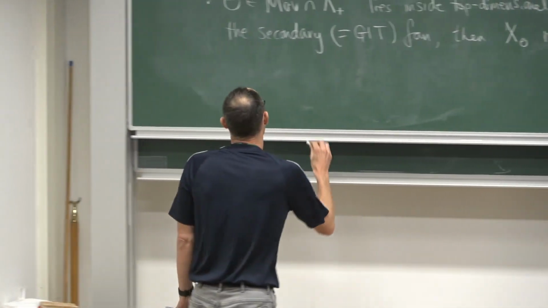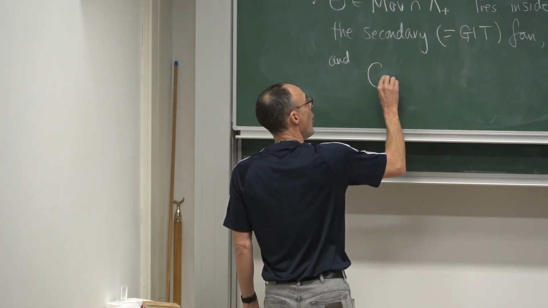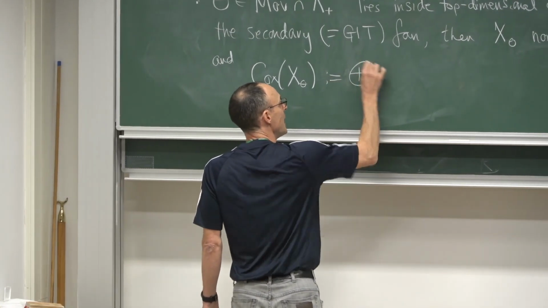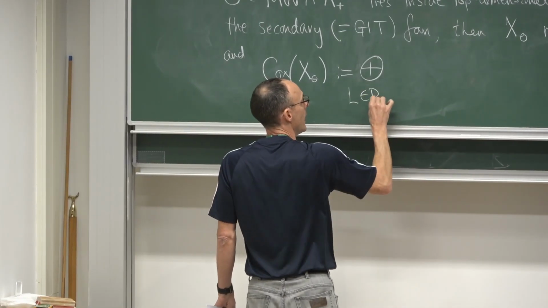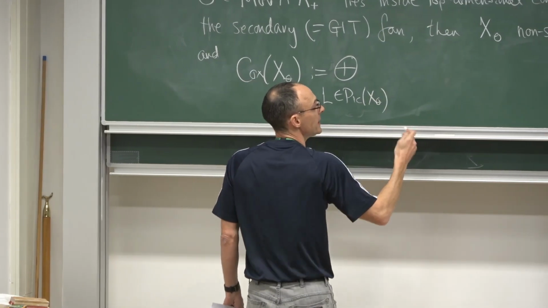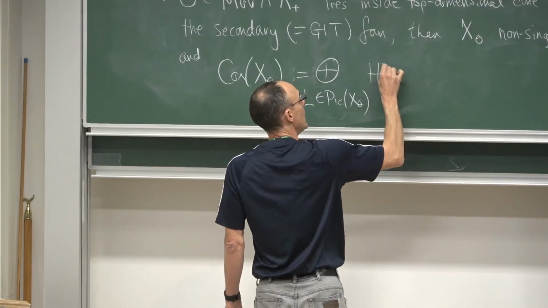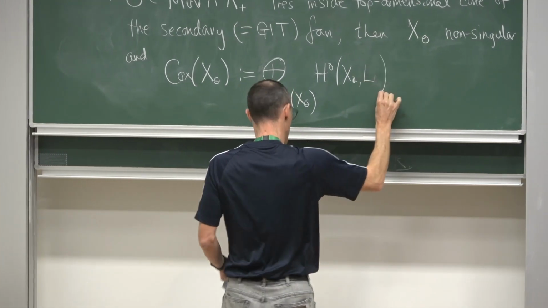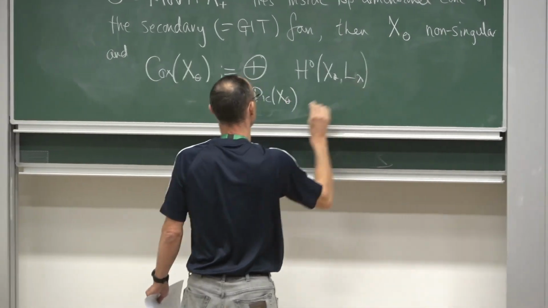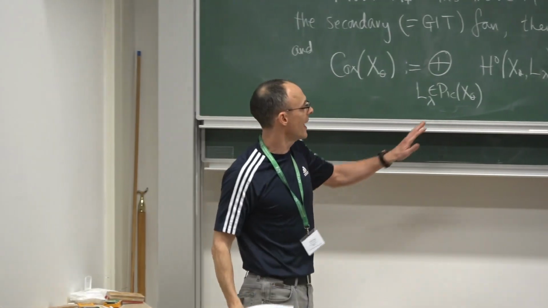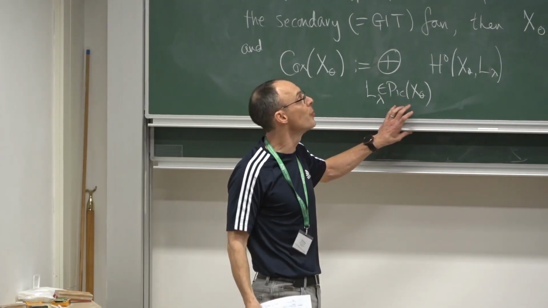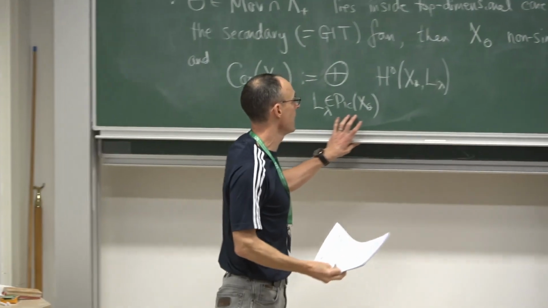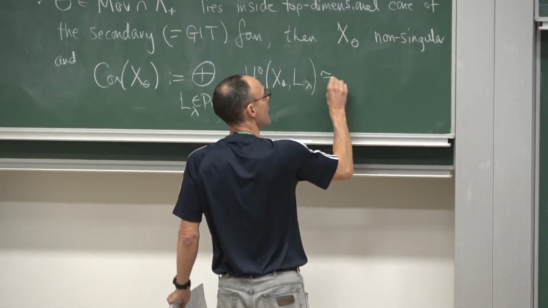This is non-singular, and the Cox ring, which I think I didn't use that notation yesterday, but I defined it as, for all elements in the class group, but my variety is non-singular, so that's the Picard group, and I take the direct sum of the cohomologies, L lambda. And at the end of last time I pointed out that under these assumptions our Picard group is isomorphic to lambda. That really is the secret. That's our Picard group sitting there. The observation from last time is that this is the